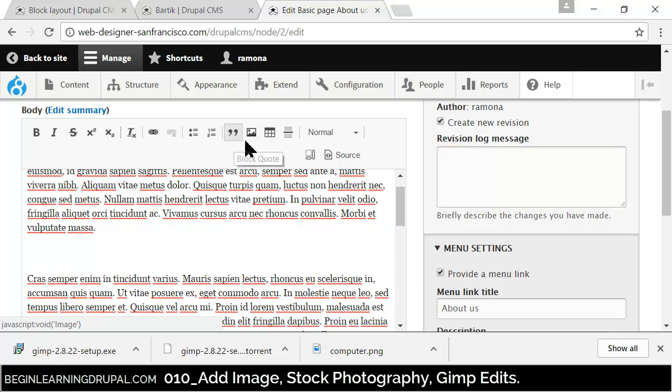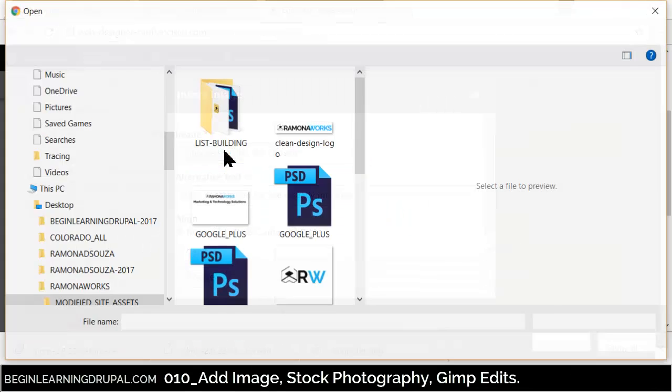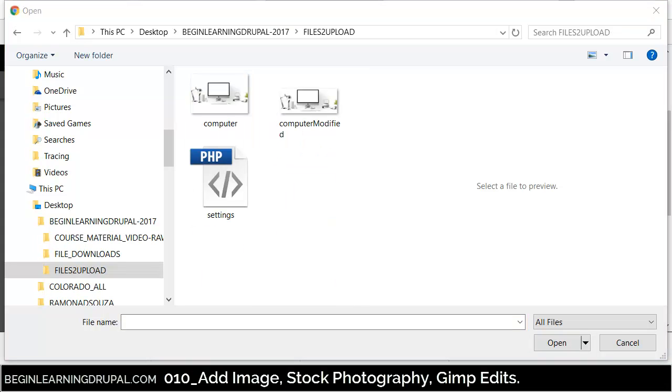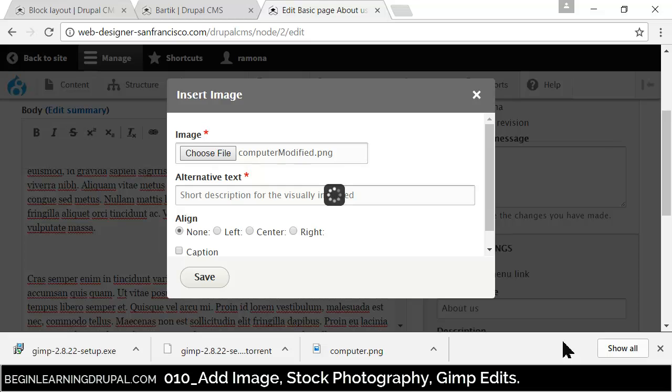or the block quote. I'm going to select the image, choose the file, the area where I have my file. In this case it is computer modified. That's the new image. I'm gonna hit open,